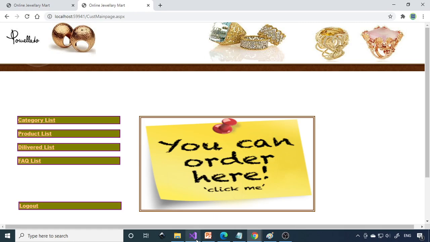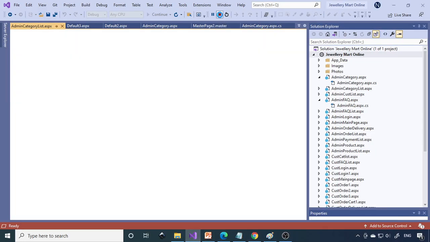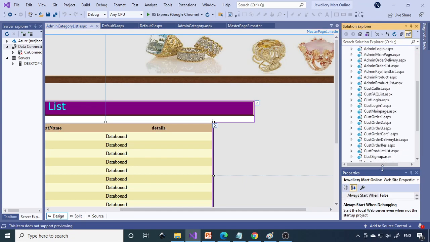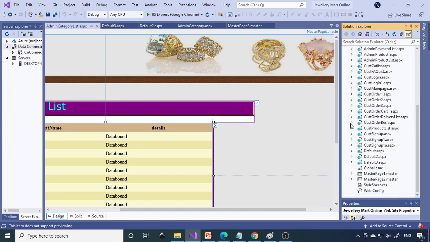So these are the things provided at this moment in this particular project. For entry level, I think it's a good project. This is how we are supposed to complete the whole project without any errors. In the next video, probably in a short time, we'll explain the complete coding of this project, because that will take a long time. So now we are demonstrating, but later we'll show you the code, like how to write this.